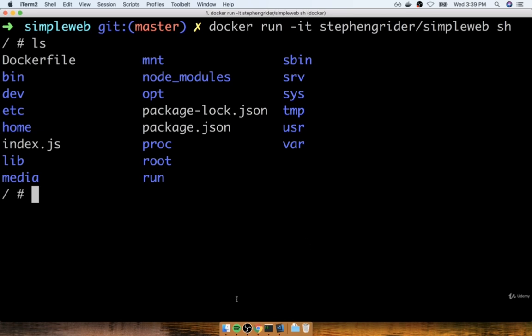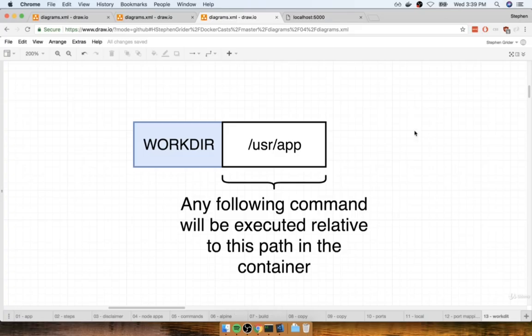So let's take a look at what the instruction is. So we can add the WORKDIR or work directory